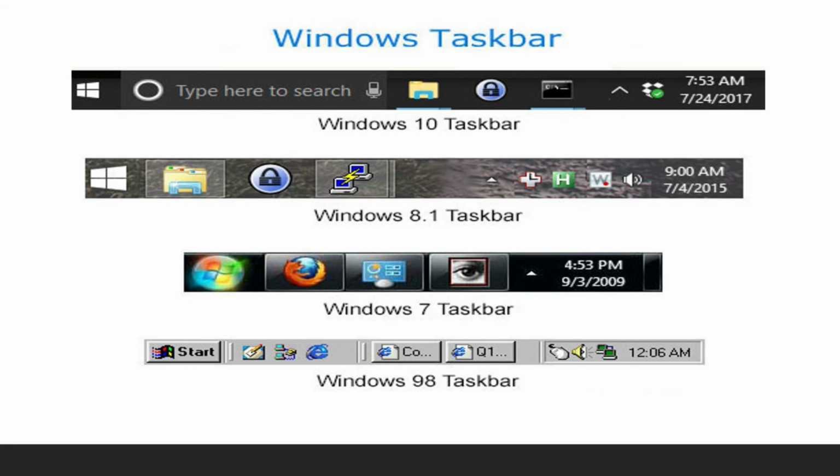Now, what is an operating system, which I told you at the very beginning? The first program that loads on a computer when you switch on the system is called the operating system. It is loaded into the RAM. From when you switch on until the loading of the operating system, this phenomenon is known as booting of the computer system. So booting means loading of the operating system. Examples are Windows, Macintosh, Linux, DOS, Unix.